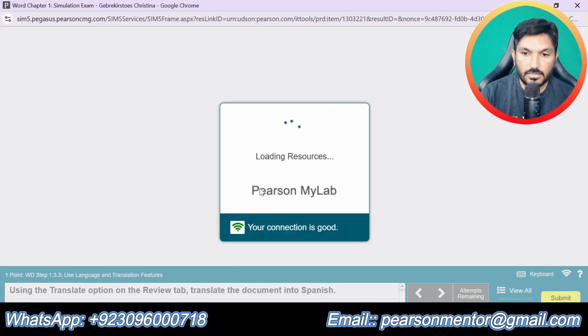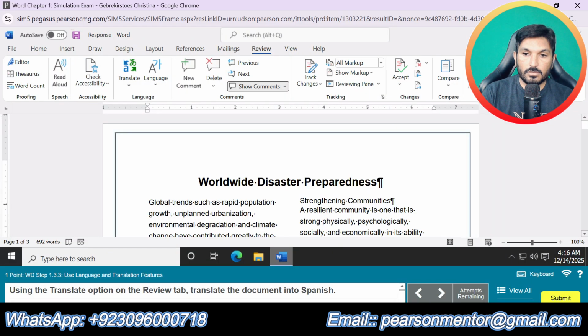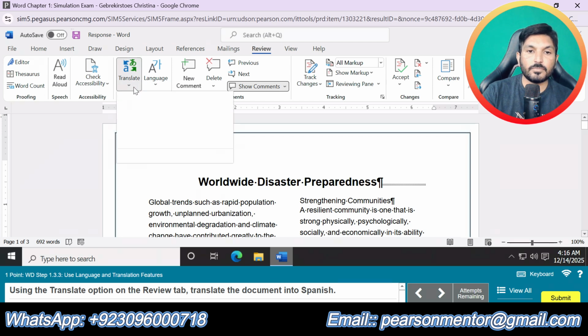So that is question number 11. Now we are going to do the next question, that is question number 12. Using the translate option on the review tab, translate the document into Spanish. Where is the translate?